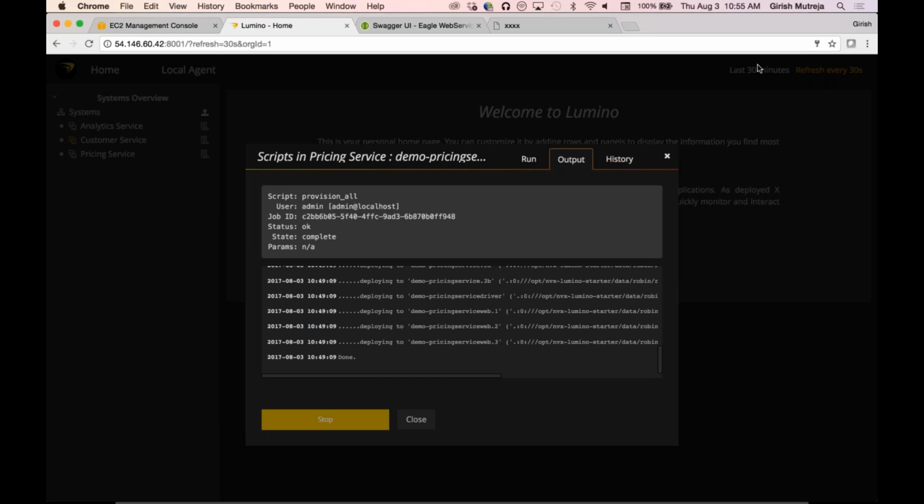So each agent keeps a copy of its own state. In order to distribute state, we accomplish that through partitioning. For example, in what we just saw in this demo, the customer service can have multiple partitions that are deployed. If you have multiple partitions, then each partition holds a slice of the data. It is not the entire copy of the data. And through smart routing, using topic-based routing that we do under the covers, the requests to the services are automatically routed to the right partition based on the affinity of the data.